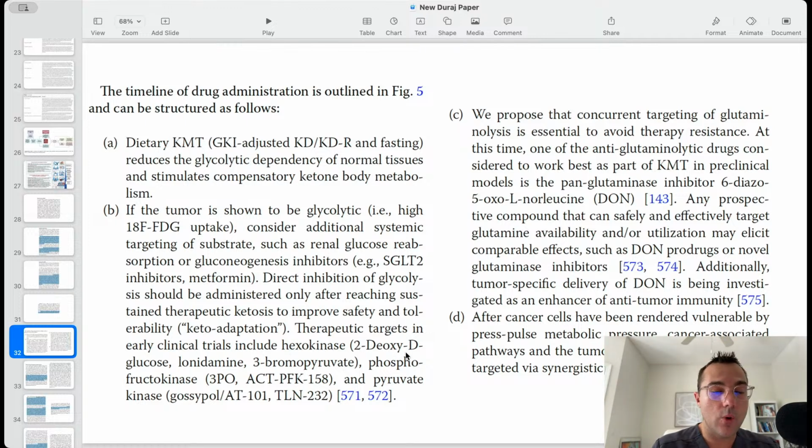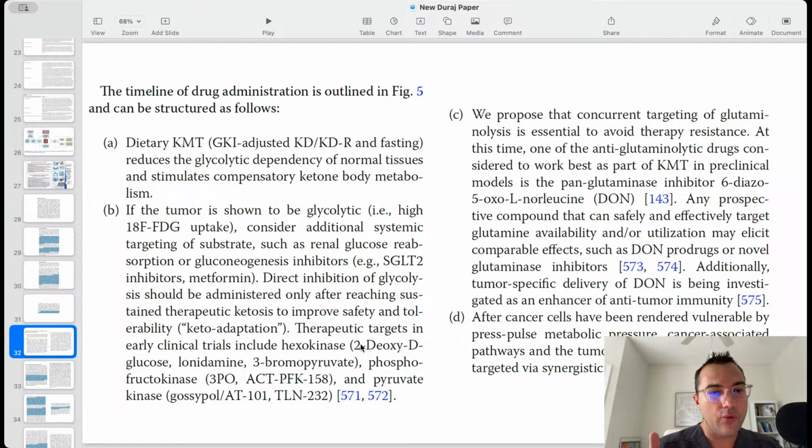2DG is a very well-known one. Lonidamine, 3-bromopyruvate. Honest to God, I don't know how you're going to be able to utilize these in clinical practice. 2DG, I could see under guidance. Phosphofructokinase, there's 3PO. Again, not able to find. This is where I think that we have an edge. Okay, so